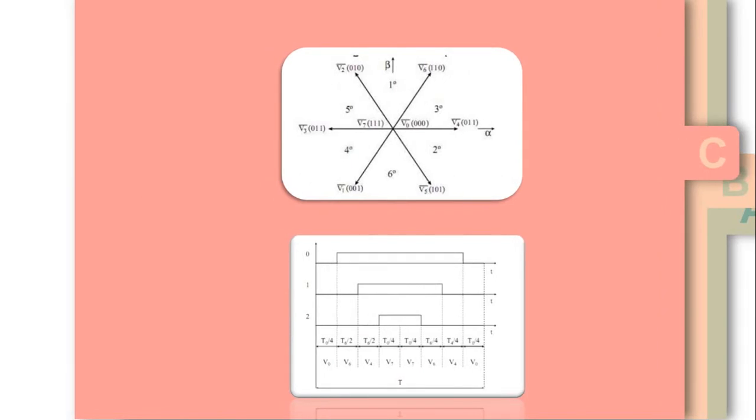These 8 switch combinations determine the 8 phase voltage combinations. The vectors divide the plane into 6 sectors, that is V1 to V6, which is at the top of the slide, in the first diagram. The binary representations of two adjacent basic vectors differ in one bit, which is given at the bottom of the slide.